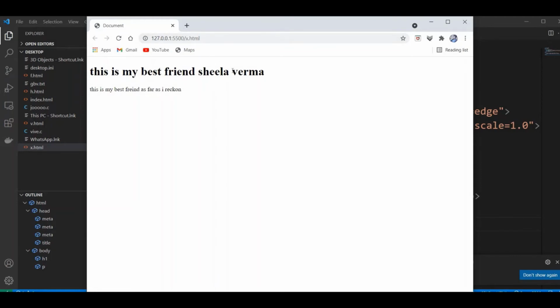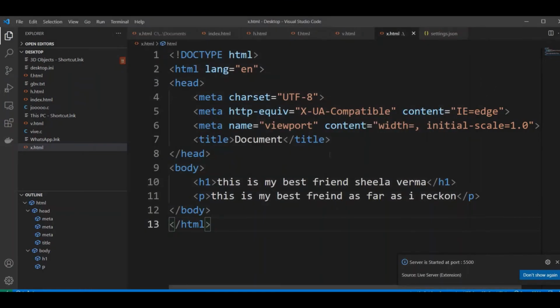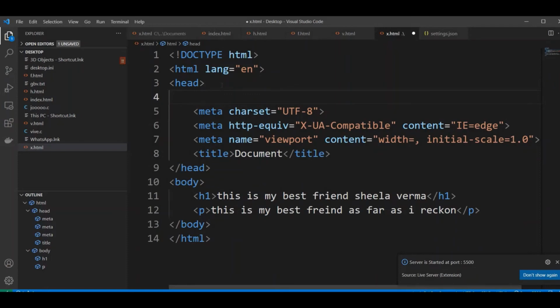Without wasting time, we will understand some topics about HTML. Suppose we type some paragraphs in HTML, and we do not want to show these paragraphs in the browser.